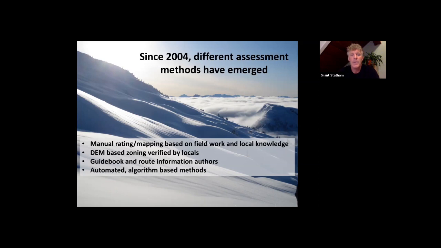And then what's emerging over the last few years is these automated computer-based algorithms that essentially run the terrain through this algorithm, and it spits out the rating on the other end. And that is a somewhat new method that's underway, but again, it shows some promise. And there's one thing about all these methods, though, or I like to make two important points about them. First of all,